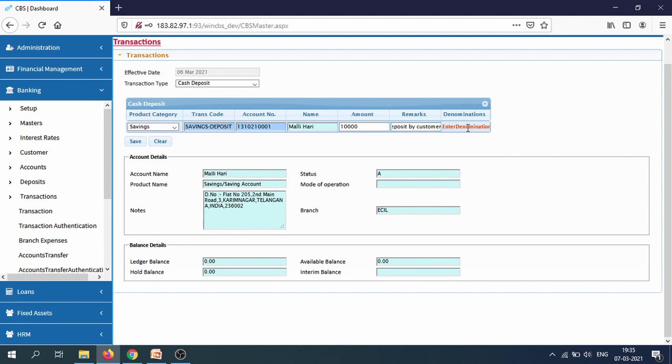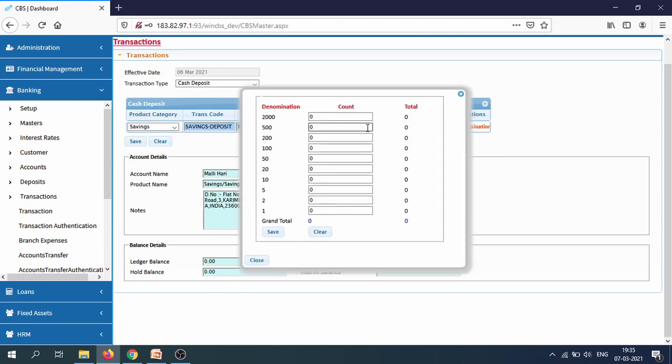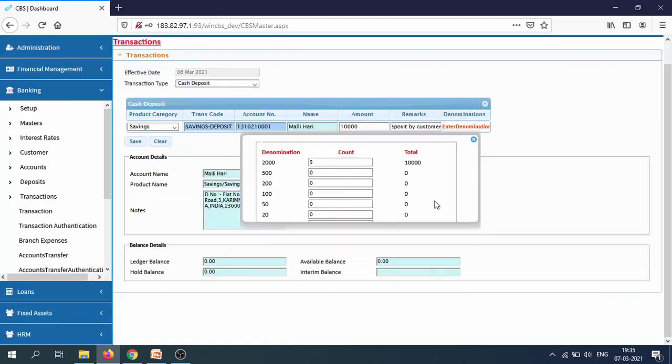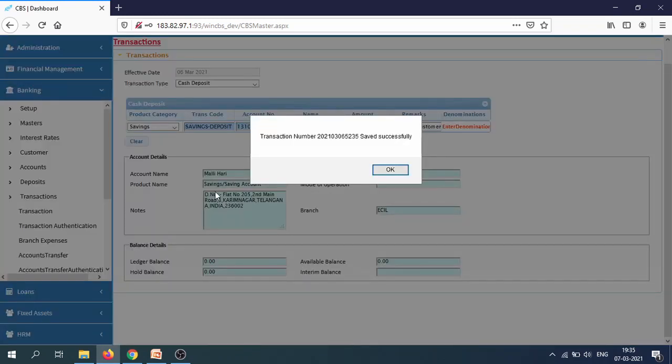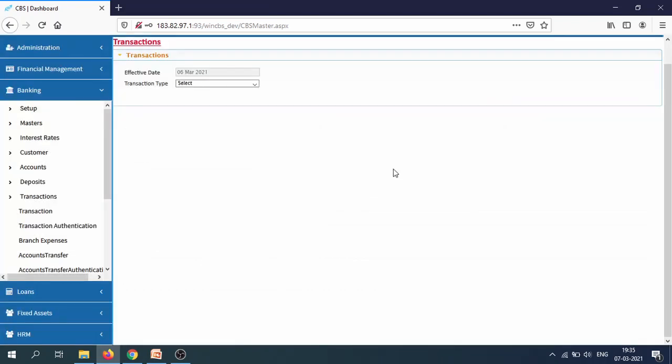So what is the denomination? So 10,000 rupees. So the cash deposit transaction is successfully created by the maker.